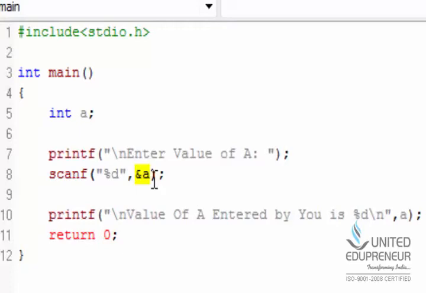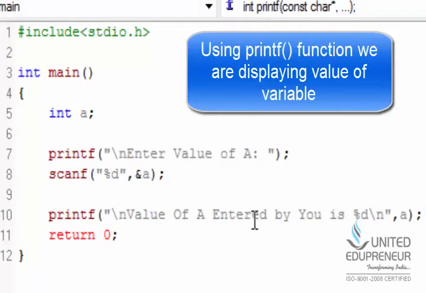Now you know how to display the value of a variable onto the screen. In line number 10, I have written the printf function and I am displaying the value of a onto the screen. Value of a entered by you is %d, because our variable a is of integer type, and from a.